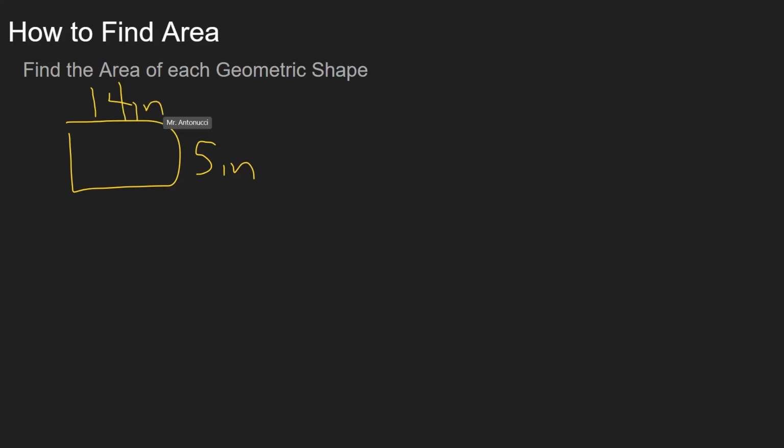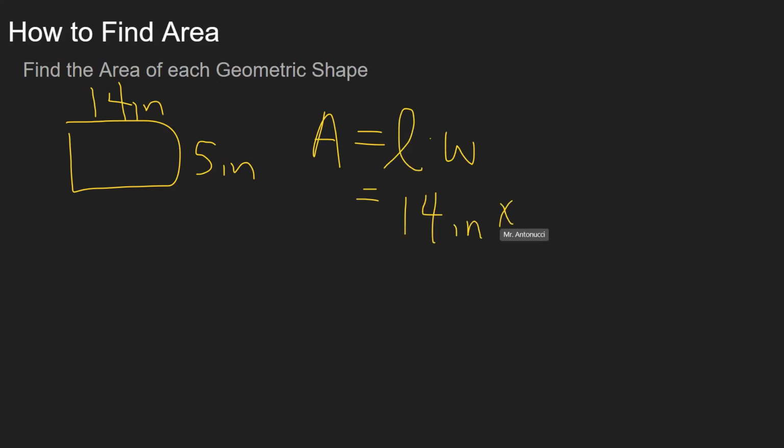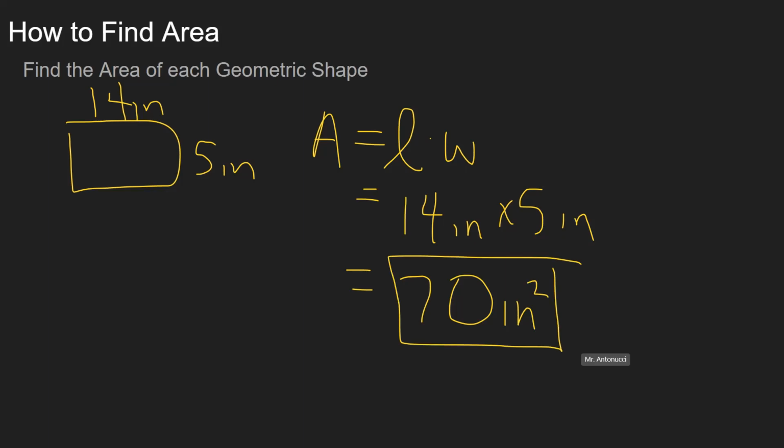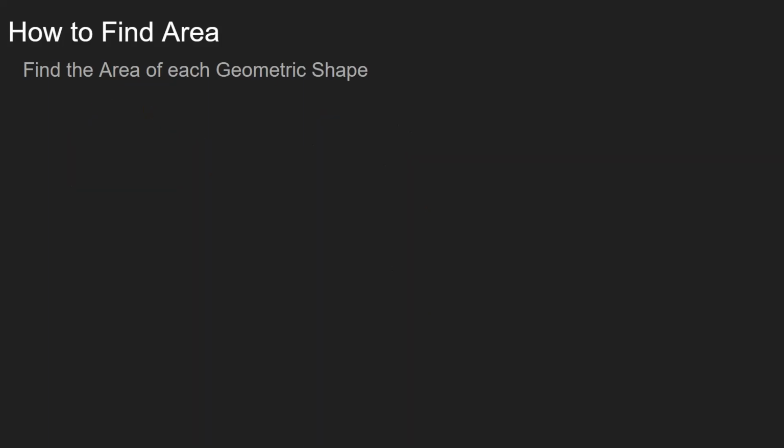Now, you probably know that the area of a rectangle is length times width. So when you multiply 14 inches times 5 inches, you get 70. Be careful, units are important here. Inches times inches would be inches squared or square inches. You could abbreviate it however you want there. Okay. How about